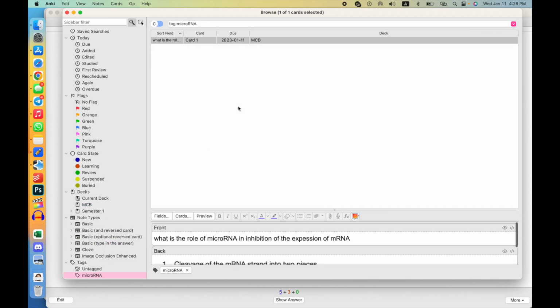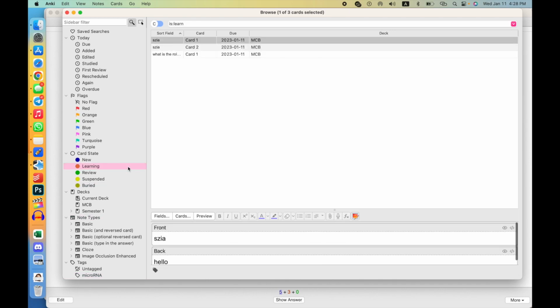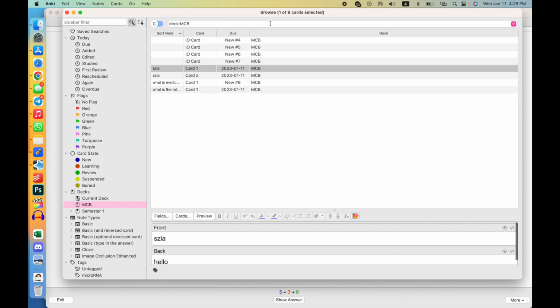This is why I say it's very useful when you have tags, but pretty much it's very easy to find them, especially when you have a lot of them. You get a hang of it very quickly. Let's say we go to our current deck, we go to MCB, because this is where we've been creating the cards so far. When you have it here, it will say deck, and then you have